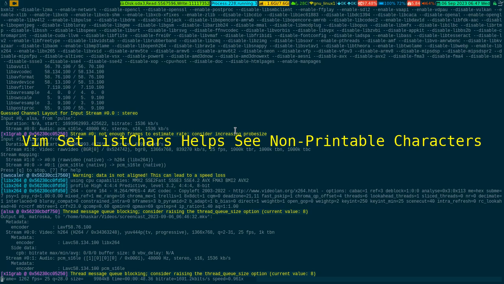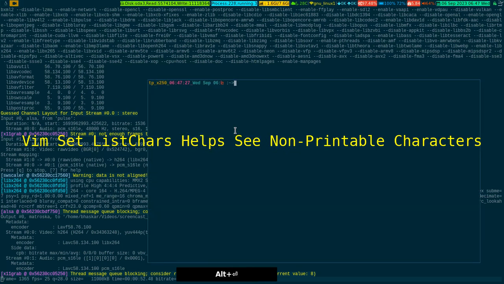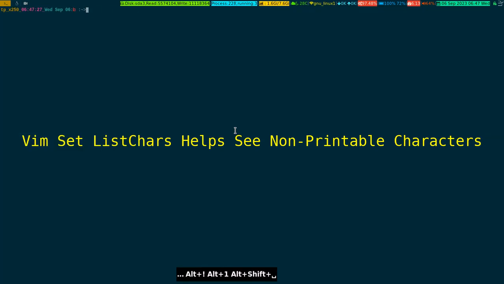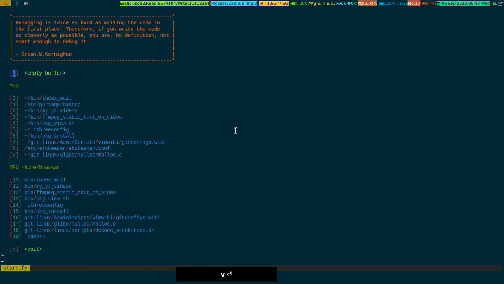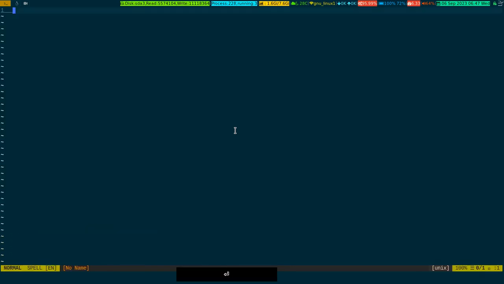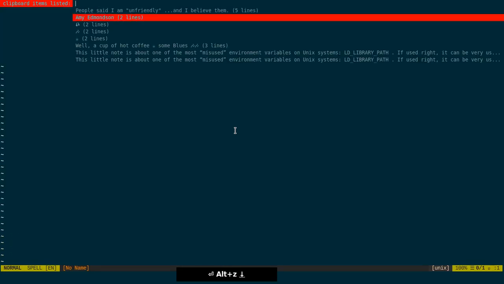To give you a demonstration, let me spawn up a terminal, moving to a designated place. Let us zoom in so people can see. All I have to do is open Vim and open an empty buffer, and I'm picking out something from the